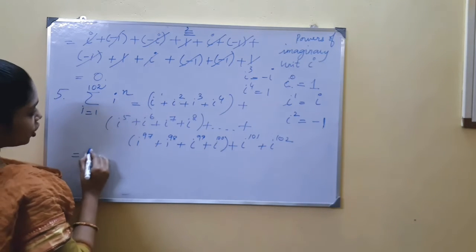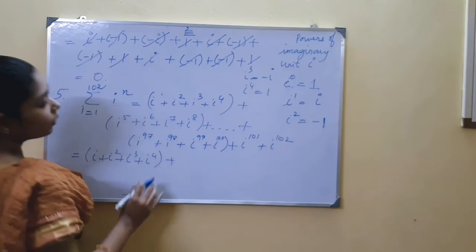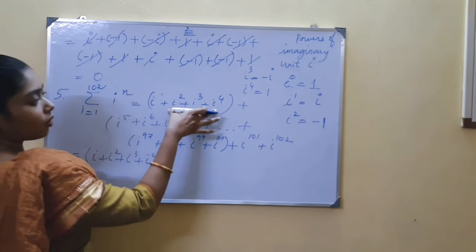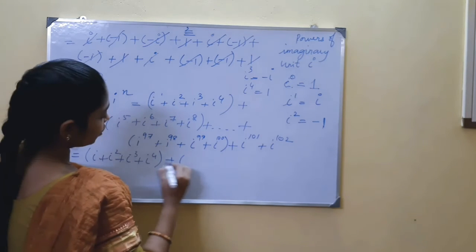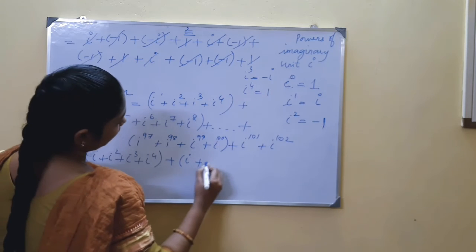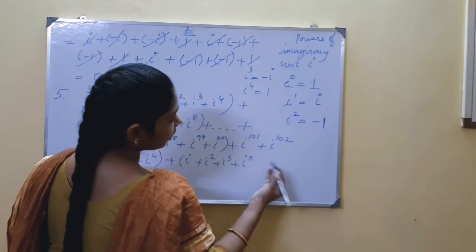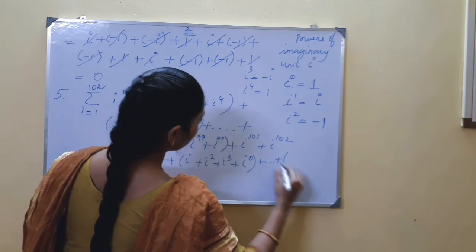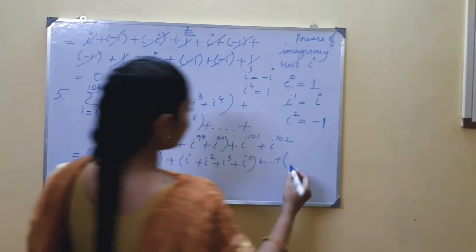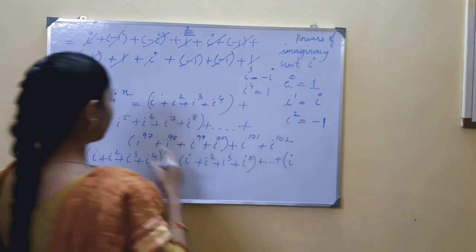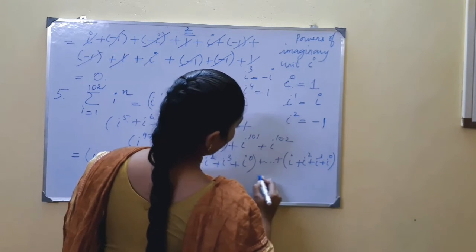So take this as such: i, i squared, i cubed, i to the power 4. You will get this part up to here as the repetition of the first one. If you observe, i to the power 5 is actually i, then i squared, i cubed, and this is i to the power 0, which gives you 1. Now this is actually i to the power 97. It divides by 4, so what will you get? i to the power 1, i to the power 2, i to the power 3, i to the power 0, plus